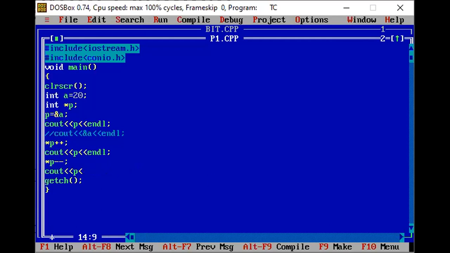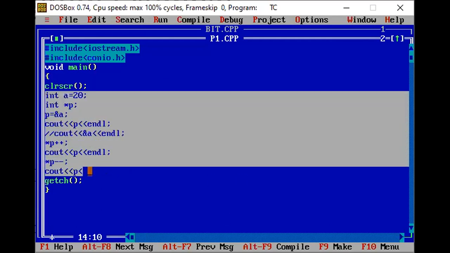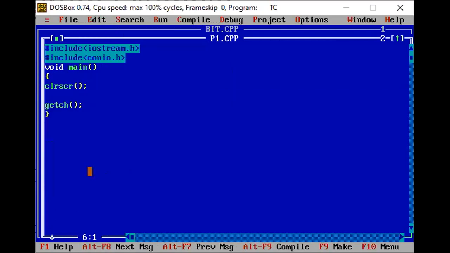Here I will take one variable as a pointer variable. Let's take star p. This is of integer type.